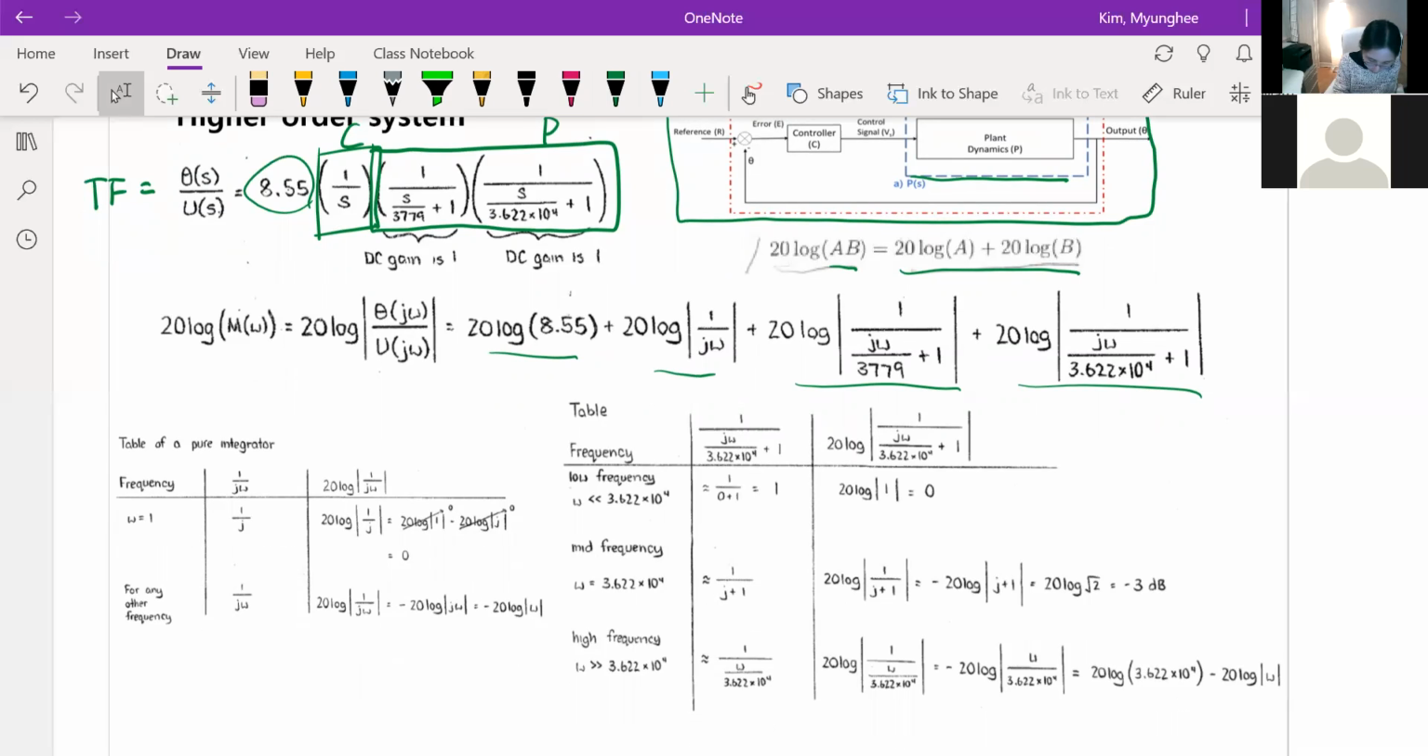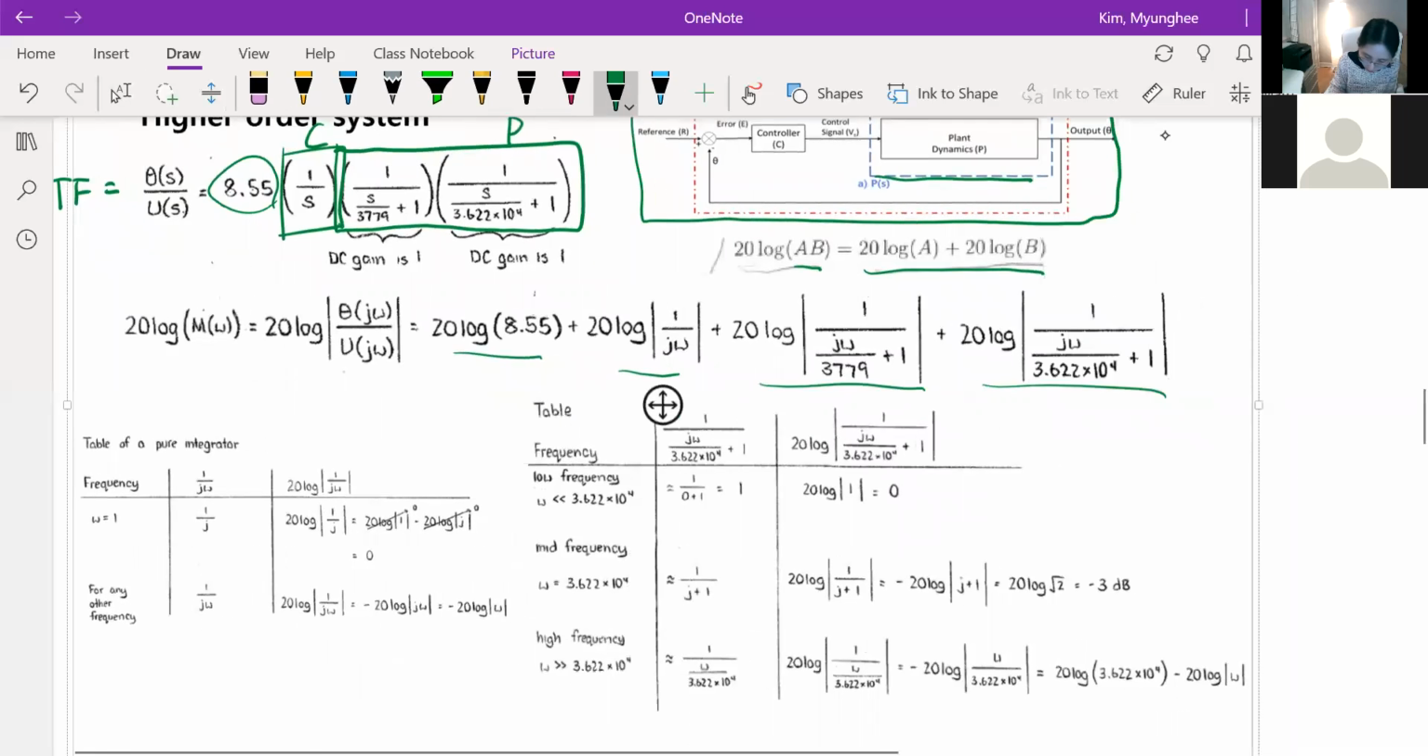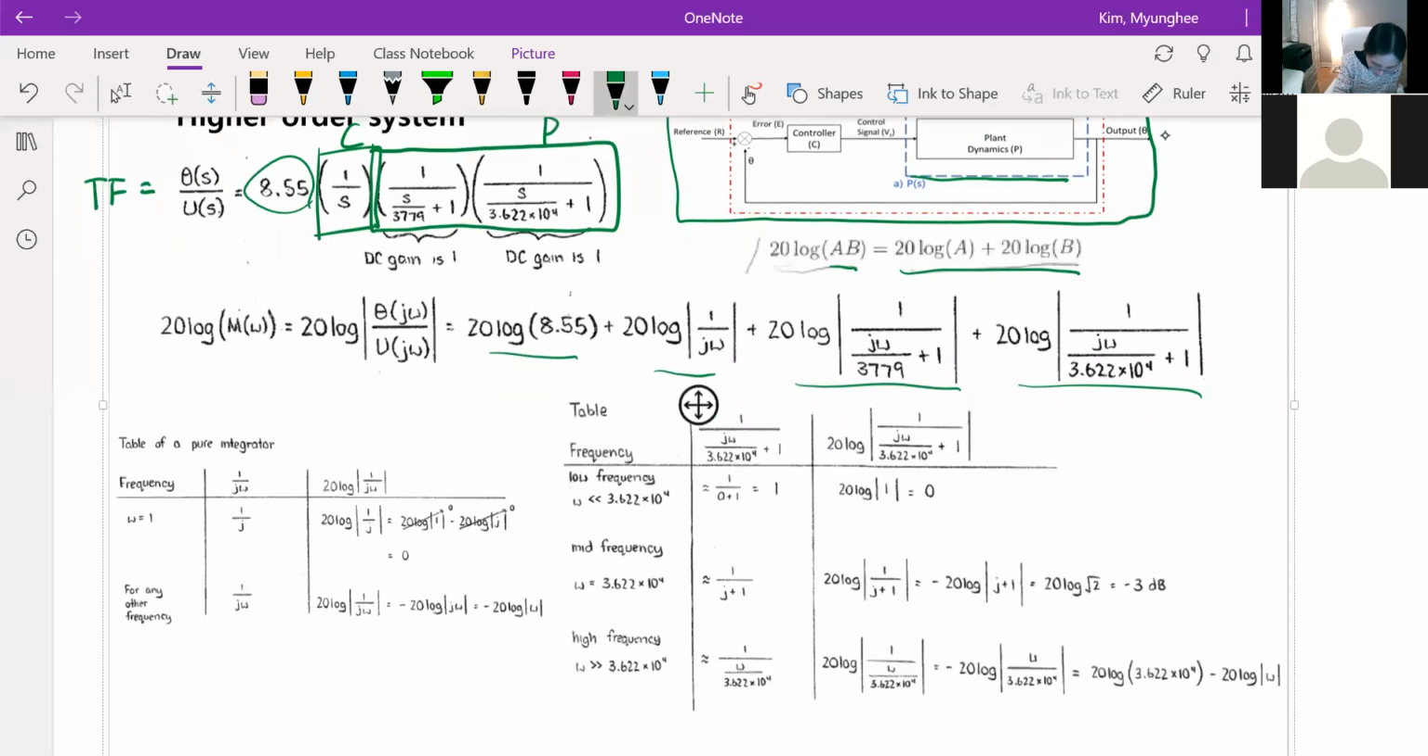for the pure integrator, this is merely a constant. And then this is a pure integrator, and again for the pure integrator, we can look at when omega is very small, and also when omega is very large. But for the pure integrator, it's simple. It's 1 over omega, and due to the log characteristic, it becomes negative 20 log omega. For this part,